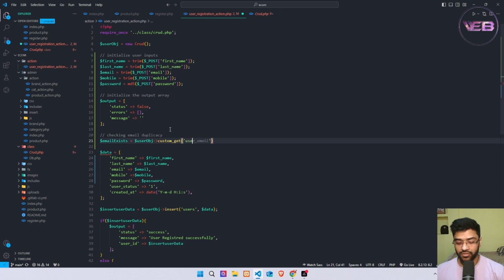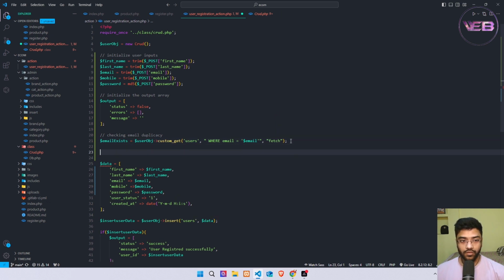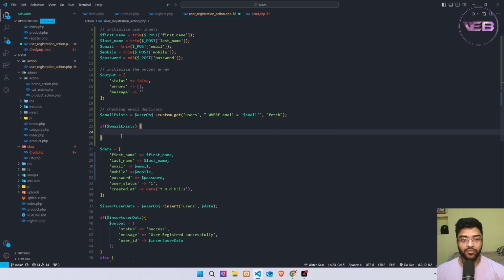First of all, I'm going to define my user's table name, and then I'm going to write my where condition: where email equals dollar email. Now my third parameter is fetch only. So I'm going to check if my email exists. I can paste it in the if condition. If it exists, and if I got a response with the true condition, then my output will be